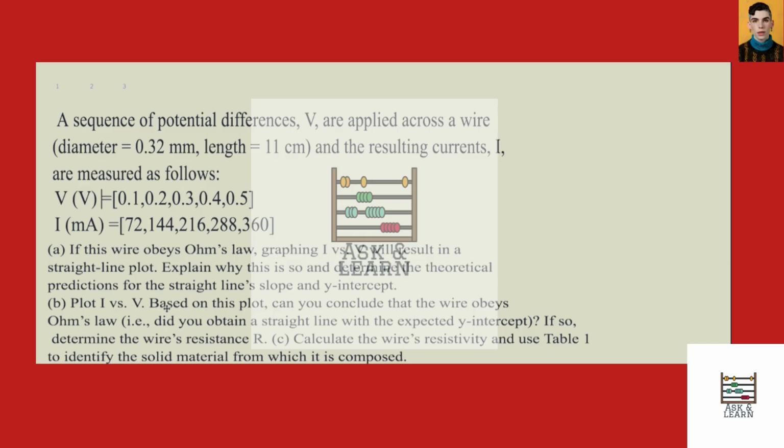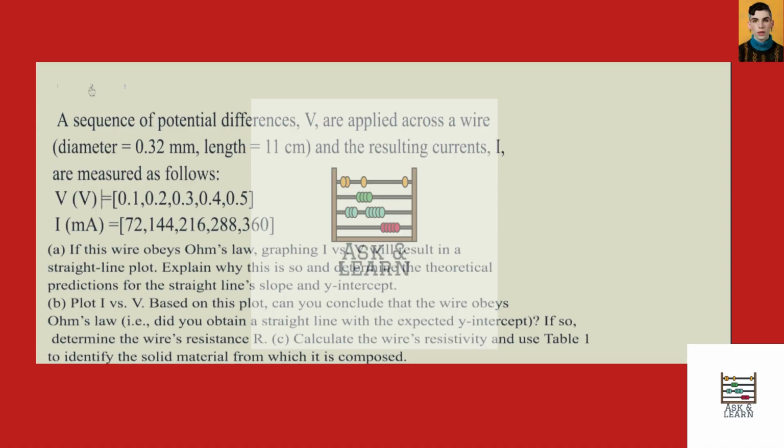Plot I versus V. Based on this plot, can you conclude that the wire obeys Ohm's law, i.e. did you obtain a straight line with the expected y-intercept? If so, determine the wire's resistance R, calculate the wire's resistivity and use the table to identify the solid material from